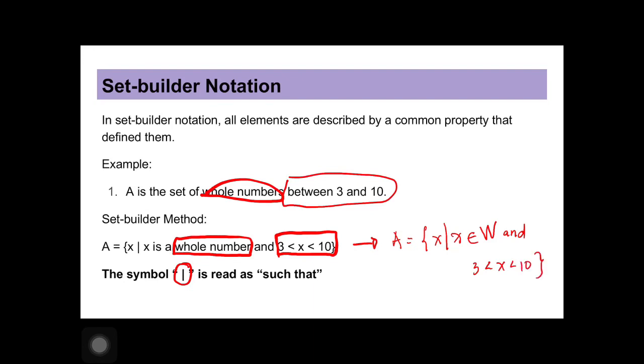Okay, W means whole number, and X element of a whole number and 3 less than X less than 10. So this one can be written like this. Okay, so you can choose which of the two you're going to use. Right, next,